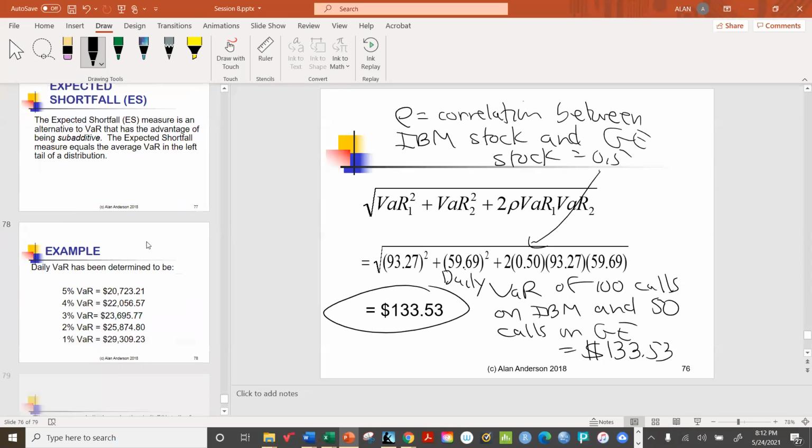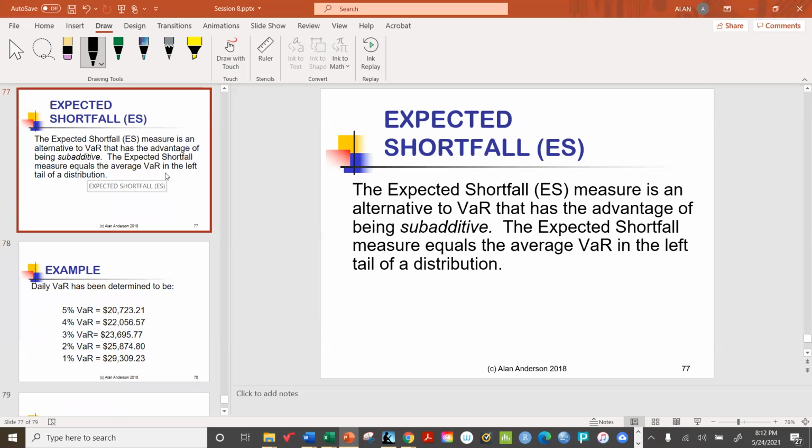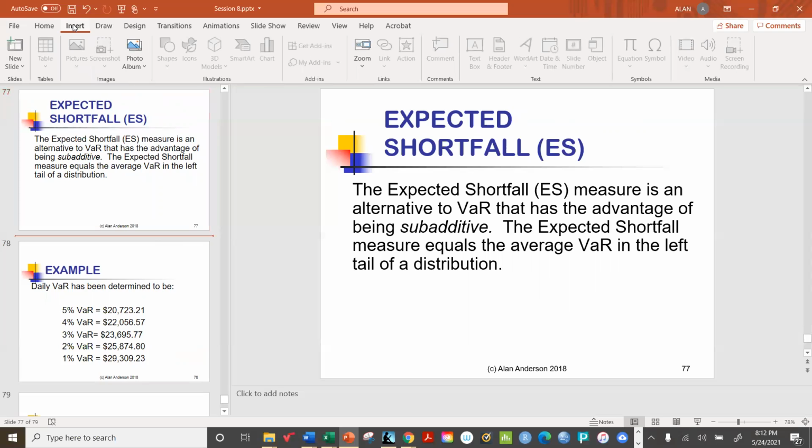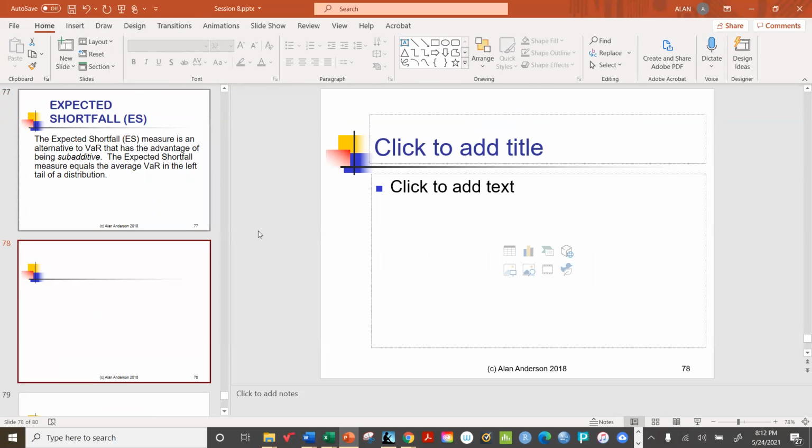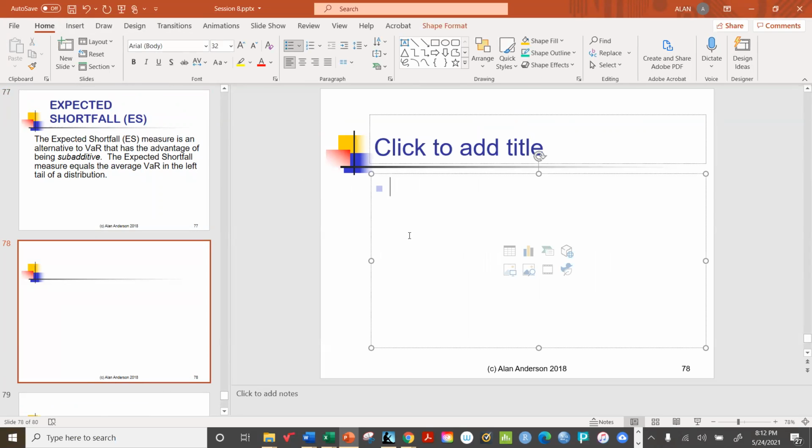All right, anyway, one thing now, there are problems with value at risk. And there's this sort of extension to value at risk that we see sometimes called expected shortfall. What exactly is that all about? All right, well, here's one of the major problems with value at risk. I mean, besides all the assumptions, one of the drawbacks